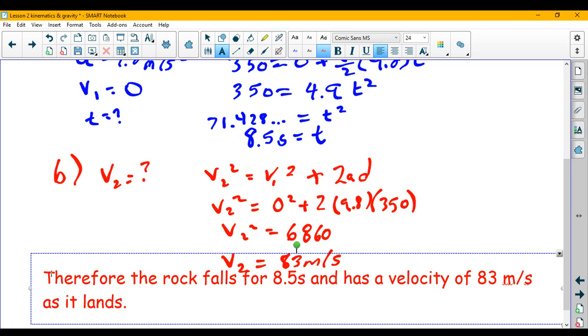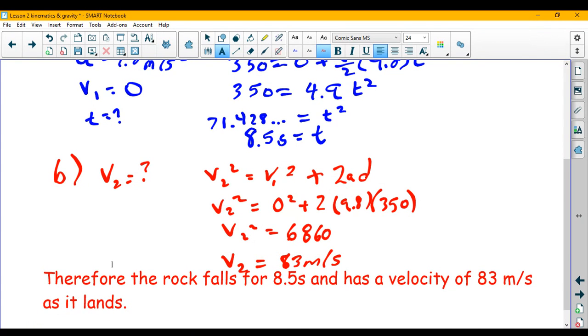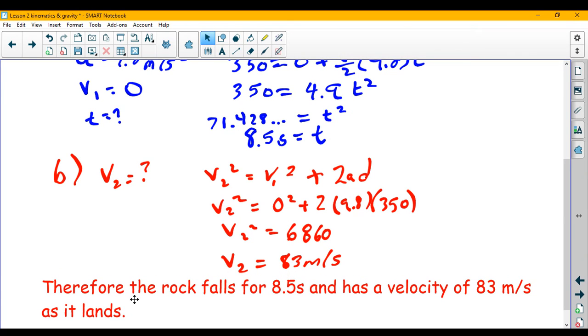Now, a lot of people say to me, this is great, but wait a minute. As it lands, once it lands, it's 0. Yes, that's after it lands. As it lands, it's going at its fastest possible speed it ever had, which in this case is 83 meters per second. After it lands, the ground will slow it down. That's why